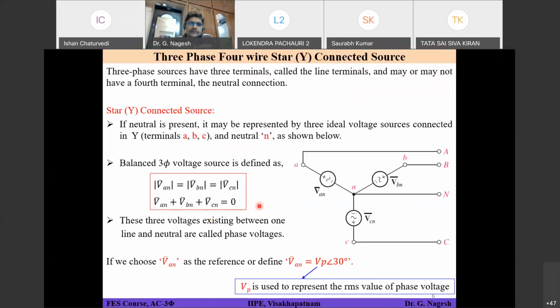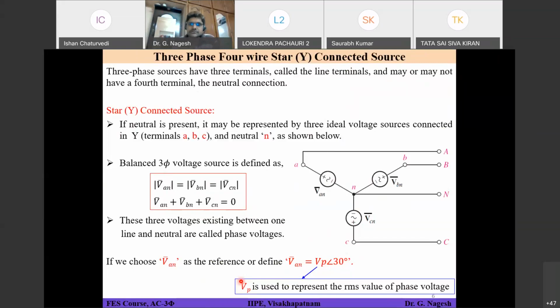These three voltages exist between one line and the neutral and are called phase voltages. This VAN, VBN, and VCN are basically phase voltages. If we choose VAN as the reference and define VAN equal to VP at an angle of 30 degrees, VP is used to represent the RMS value of the phase voltage. What it means is VAN will have some magnitude, and if I represent that amplitude as VP, then VP at an angle of